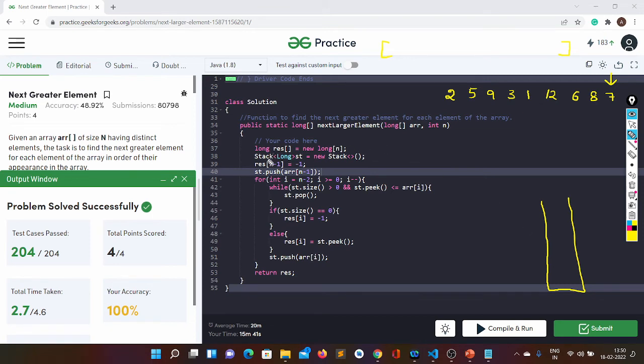First of all, I created a stack, then I just print the last one as -1, because after 7 there is no greater element, and I'm just pushing the last element. Okay, that's fine. And now again, traversing from n minus 2, because the indexing starts from 0, 1, 2, 3,